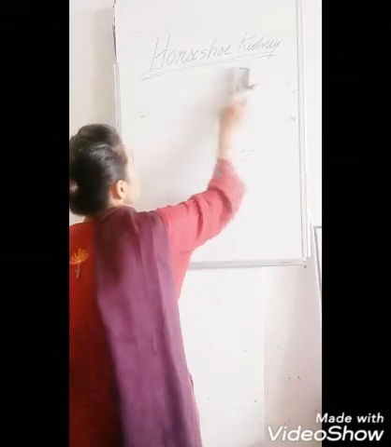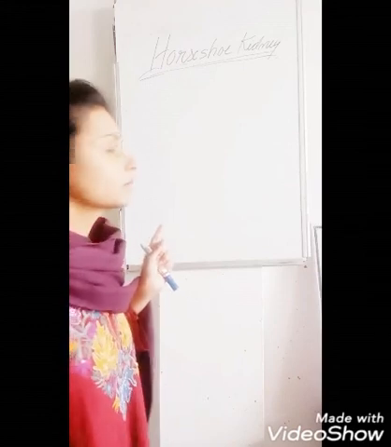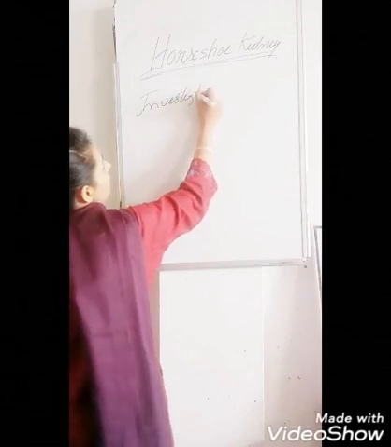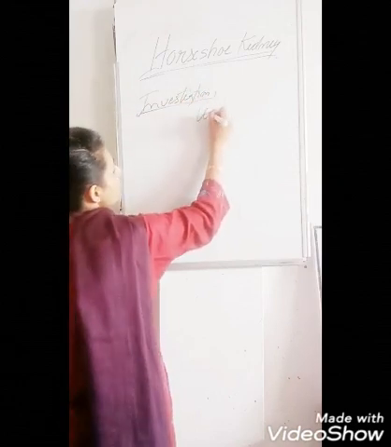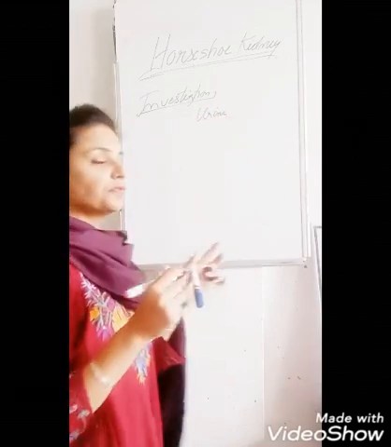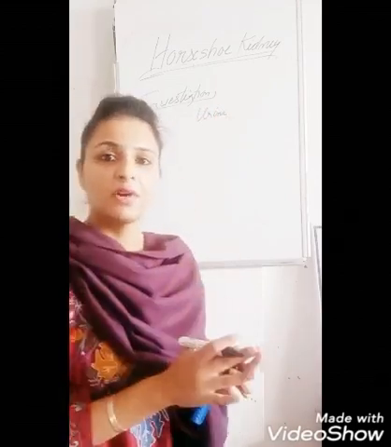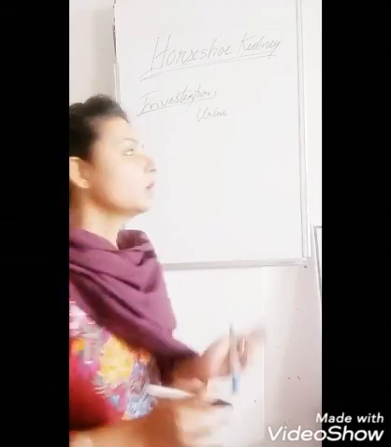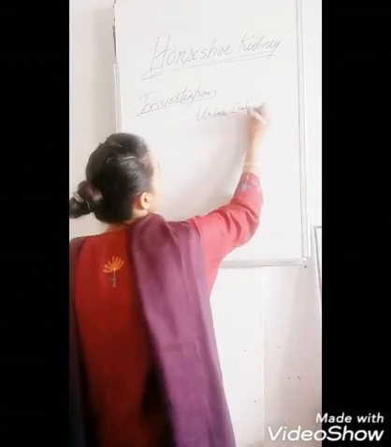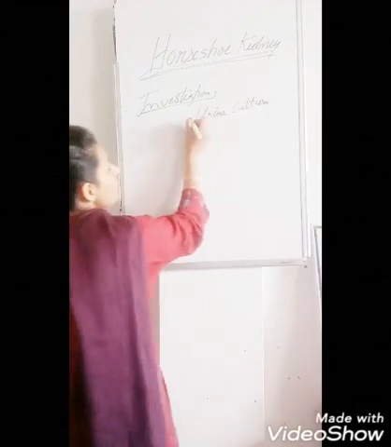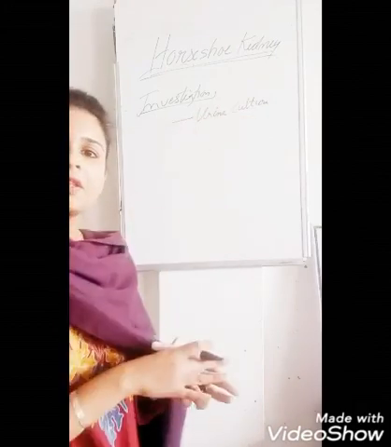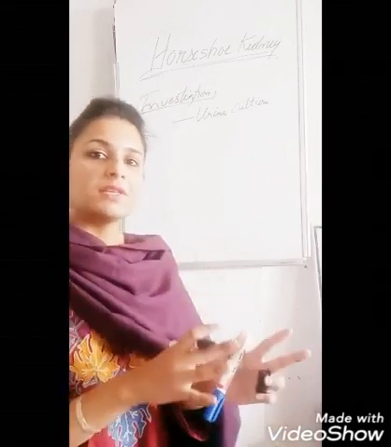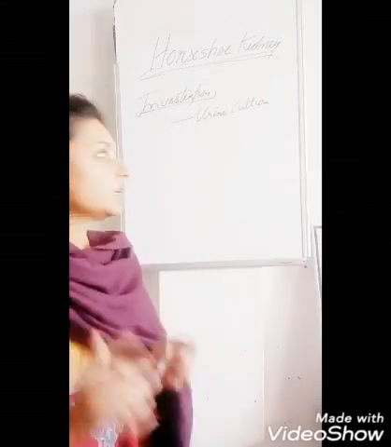In investigations, if there is any infection, then we will go for a urine culture. If there are accompanying features like fever, chills, rigor, body ache, malaise, then this indicates that there is some infection. So then we will go for a urine culture to detect the causative organism, and depending on that organism we will prescribe the medication. The antibiotics will be given on the basis of the organism which has caused the infection.